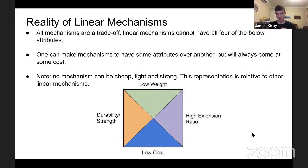If you want to have one over another, there will be a cost. You can make a very nice bearing block elevator that happens to be a bit heavy. You start cutting holes in it, or it loses its strength. And you get it water jet cut, well, then it's more